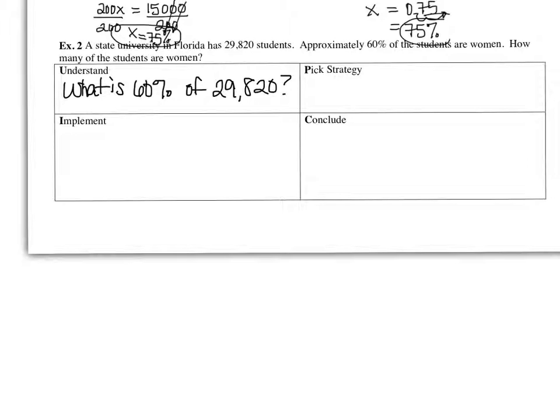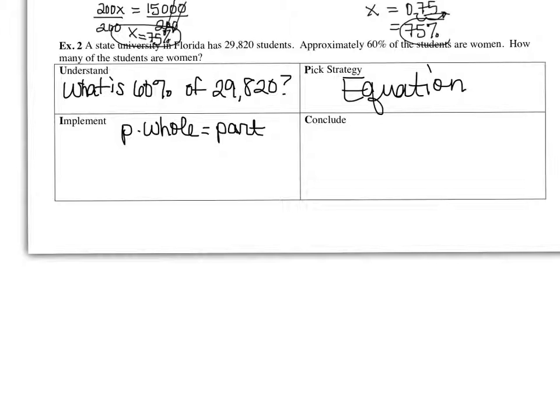I'm going to pick the percent equation. Typically, I choose the proportion, but I'm going to challenge myself to try something I'm not necessarily as comfortable with. And I'm going to remember that it's percent times whole equals the part. I have 60% of something, so the "of" part represents my whole number, and the 60% represents the percent, but you need to make sure that you write it as a decimal. When I plug in 60%, it'll be 0.6. The whole is